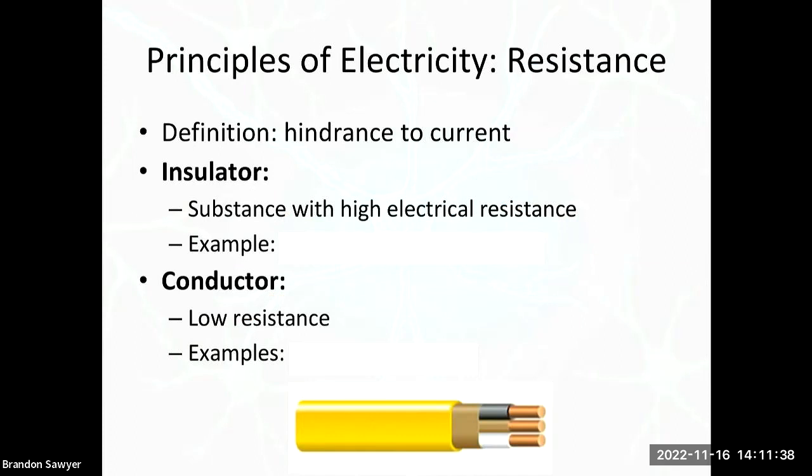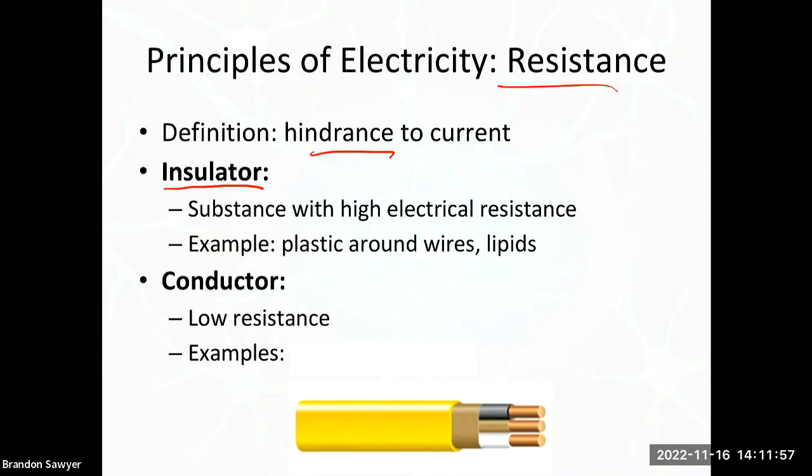All right, so the last principle of electricity that's important in all this is resistance, right? So what's creating, what's holding back the flow of electricity? That's what resistance is. So hindrance to current. Okay, and we kind of already talked about this a little bit, but this idea of an insulator versus a conductor. An insulator is something with a lot of resistance. Okay, it doesn't let current flow. So like we talked about, this is plastic around wires,